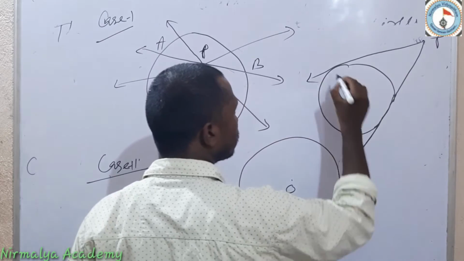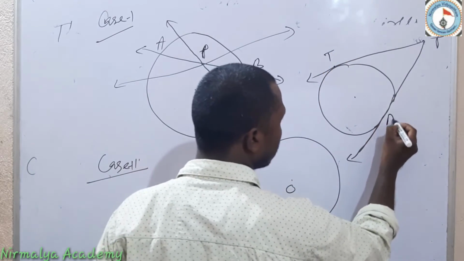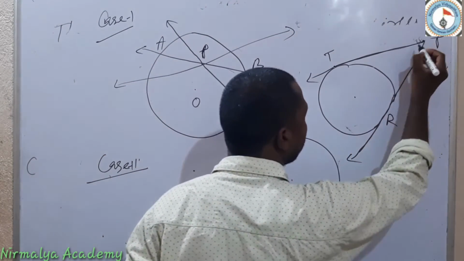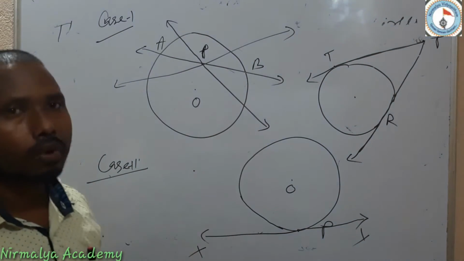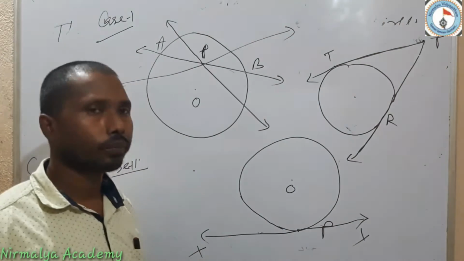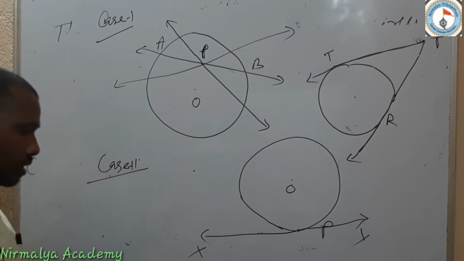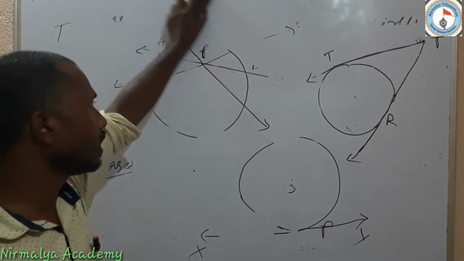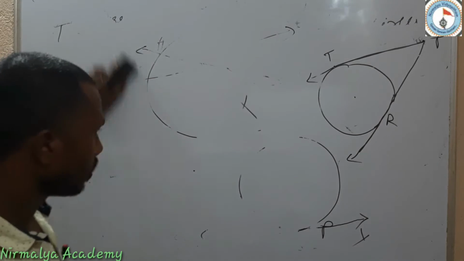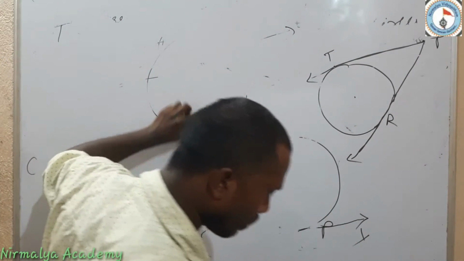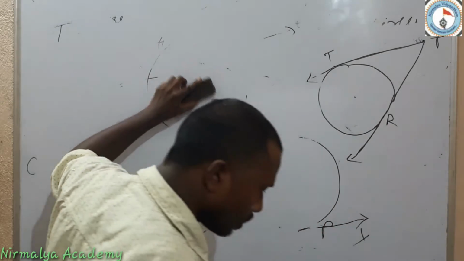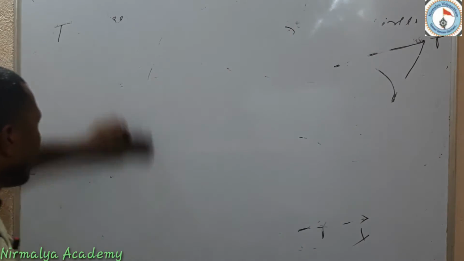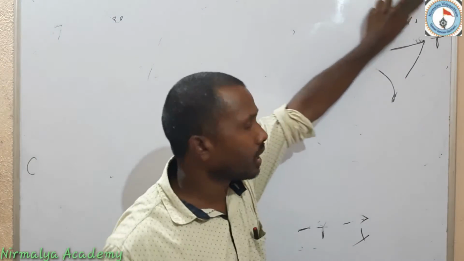This is the third situation. So these are the two tangents PT and PR, which can be drawn from a point lying outside the circle, that is P. Next, we will discuss the length of tangents drawn from a point lying outside the circle. That we will discuss in theorem 10.2. That is, the lengths of tangents drawn from an external point to a circle are equal in length.